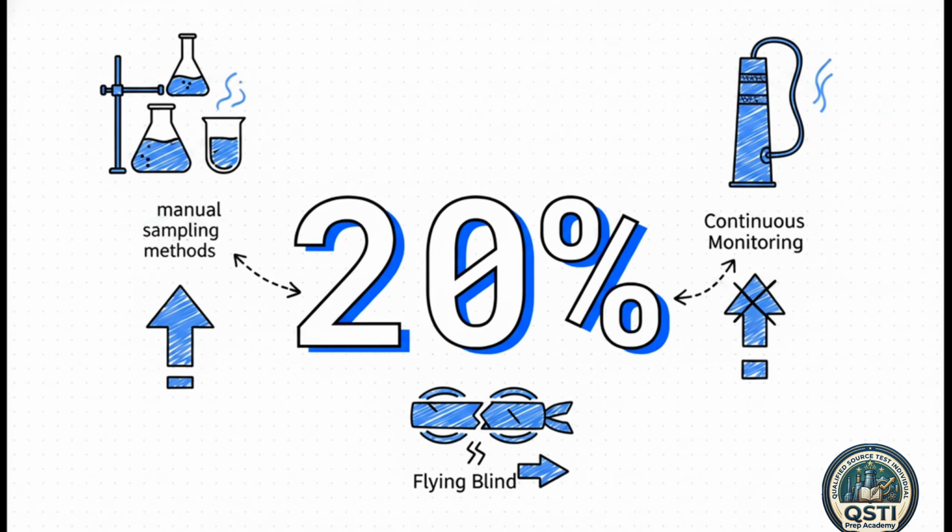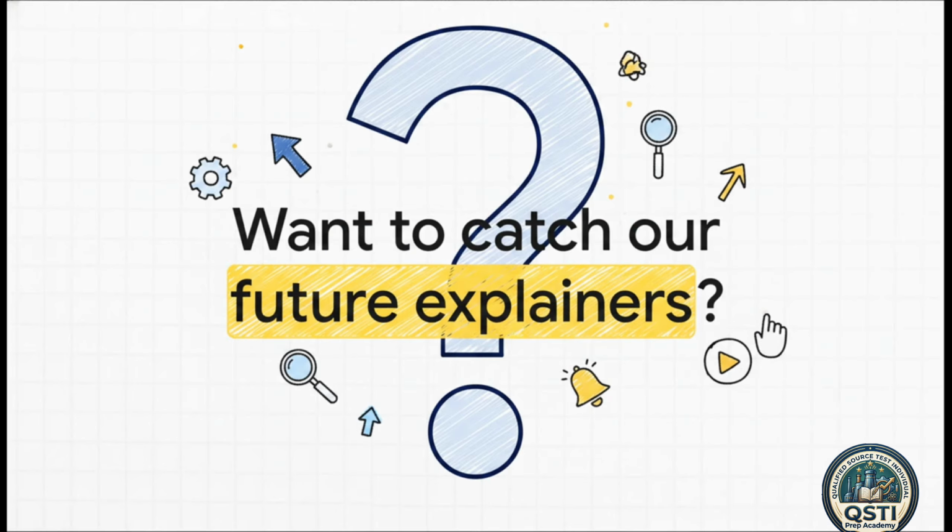This test essentially proves that your continuous monitor is giving you numbers that actually match up with proven manual reference sampling methods. If you're off by more than 20%, well, your system is basically flying blind, and you fail the specification. I know we're chewing through some pretty heavy technical ground right now, but before we get into the safety